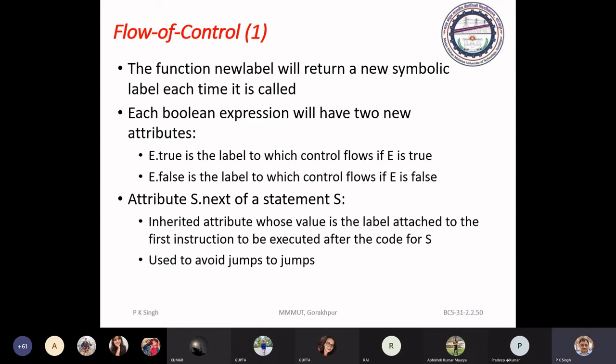And in the second control construct, we deal with the repeated execution of a program segment. Okay, by conditional expression, we define the scope of repetition, how many times it will repeat the execution of the body of the program segment.